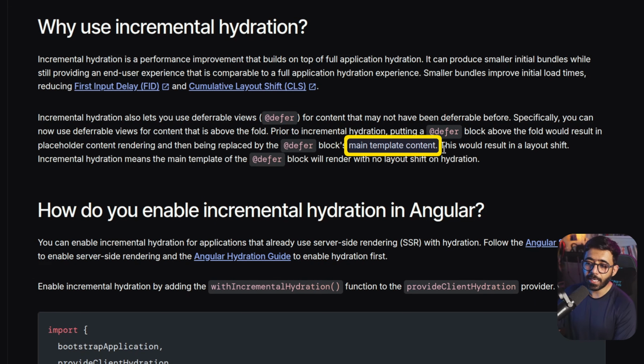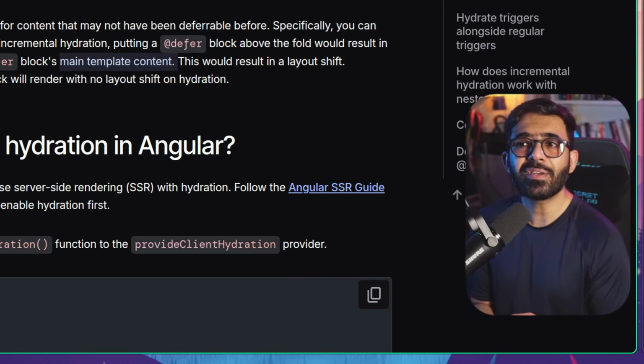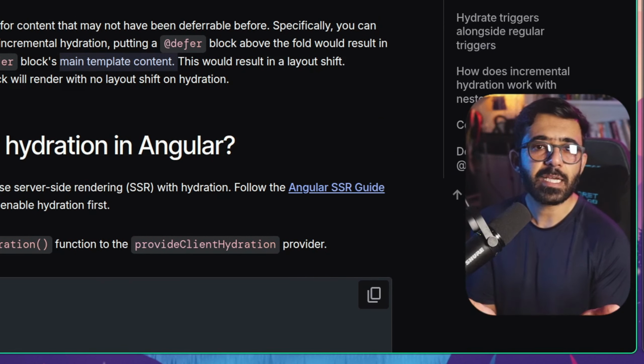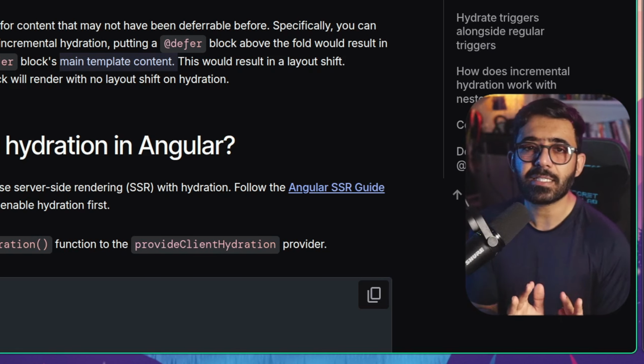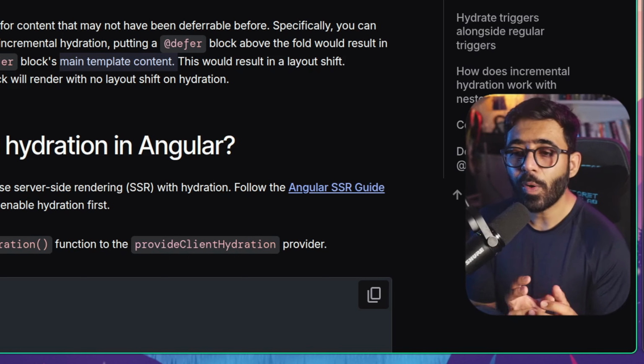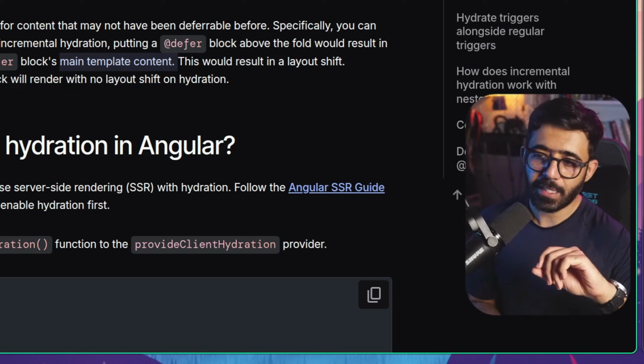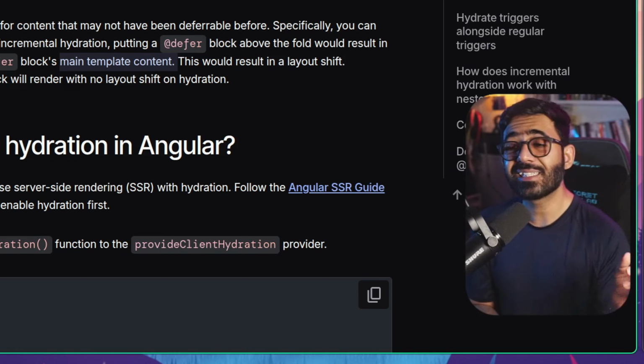This is the highlight of using incremental hydration. What it allows us to do is render the content on the server. The browser gets the HTML and keeps the HTML as it is. So you can imagine having static HTML being shown, and you can tell when it's going to be hydrated, which means that you can say to Angular, let's say on a timer of 5 seconds, then you hydrate that,